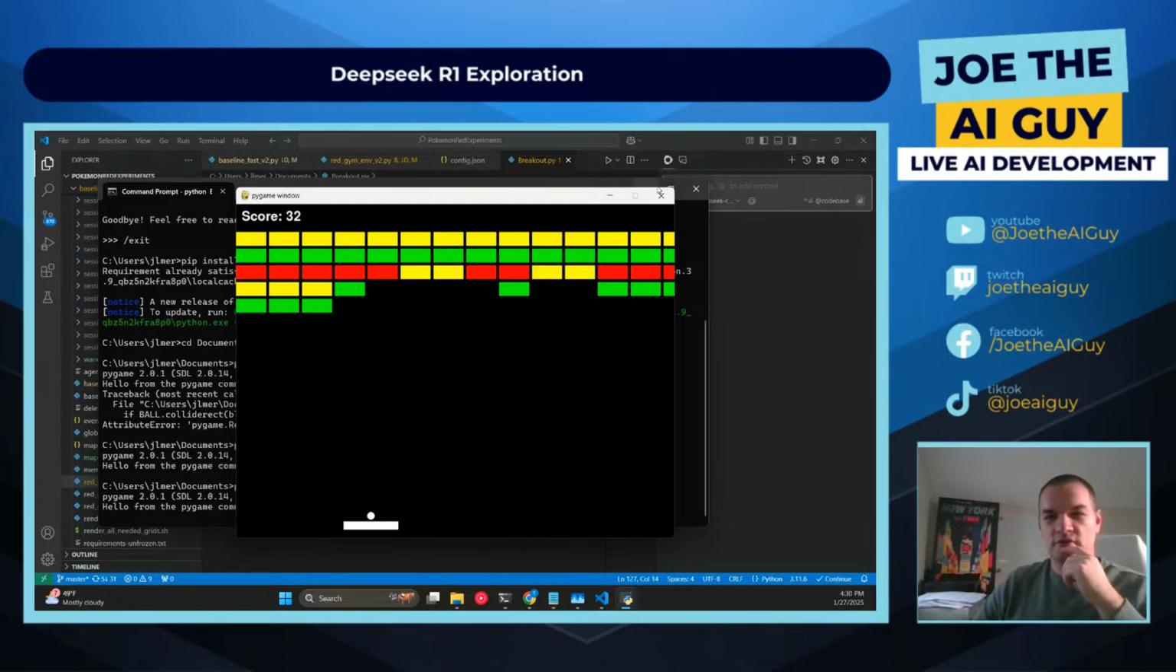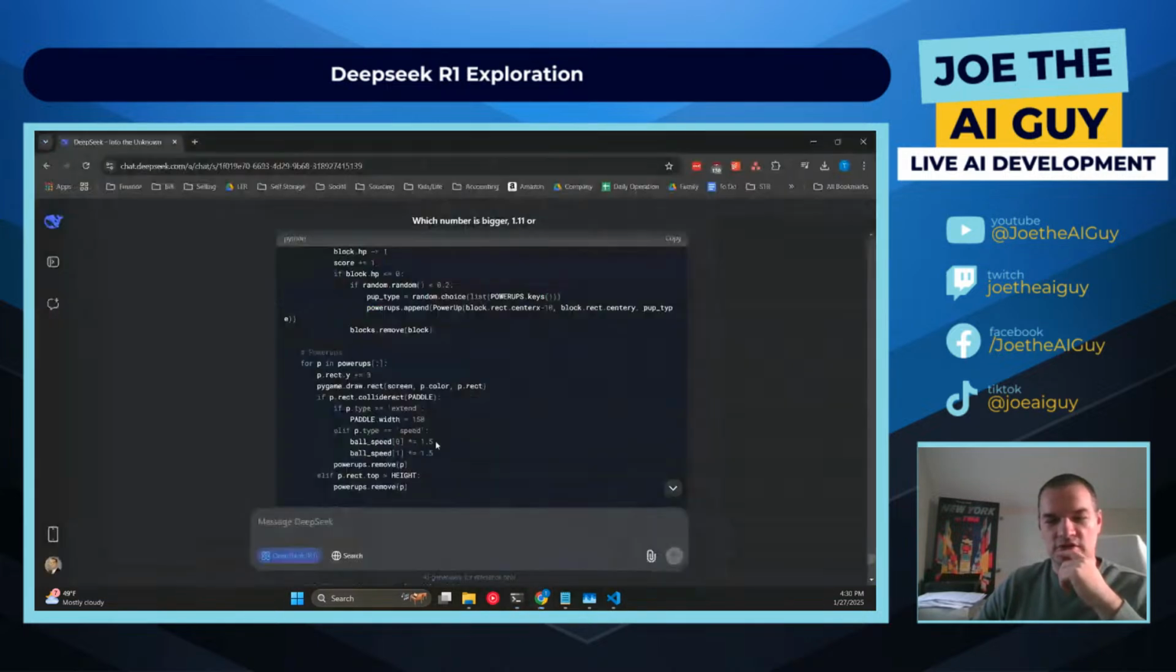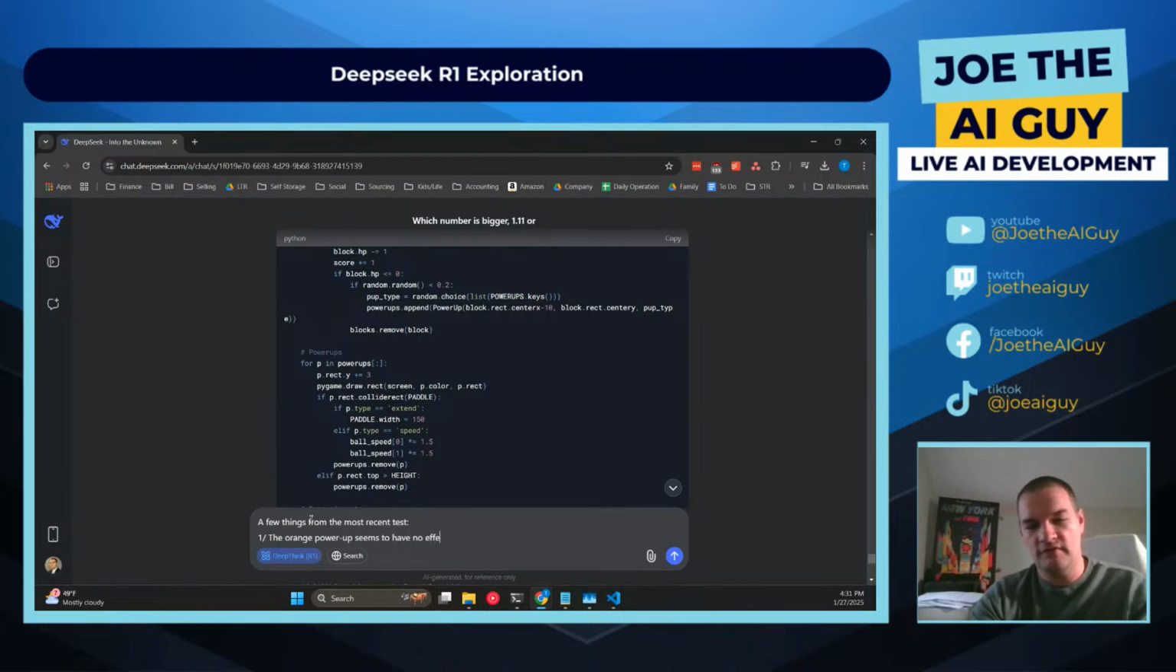Okay, so a few things we saw here, right? Just working through this. Few things from the most recent test. The orange power up seems to have no effect. The player lives or balls remaining are not displayed to the